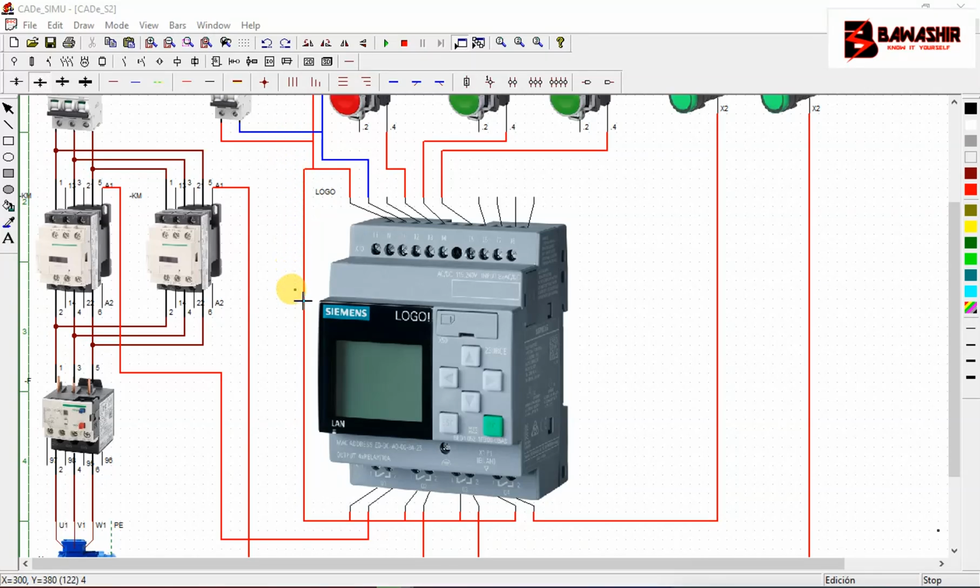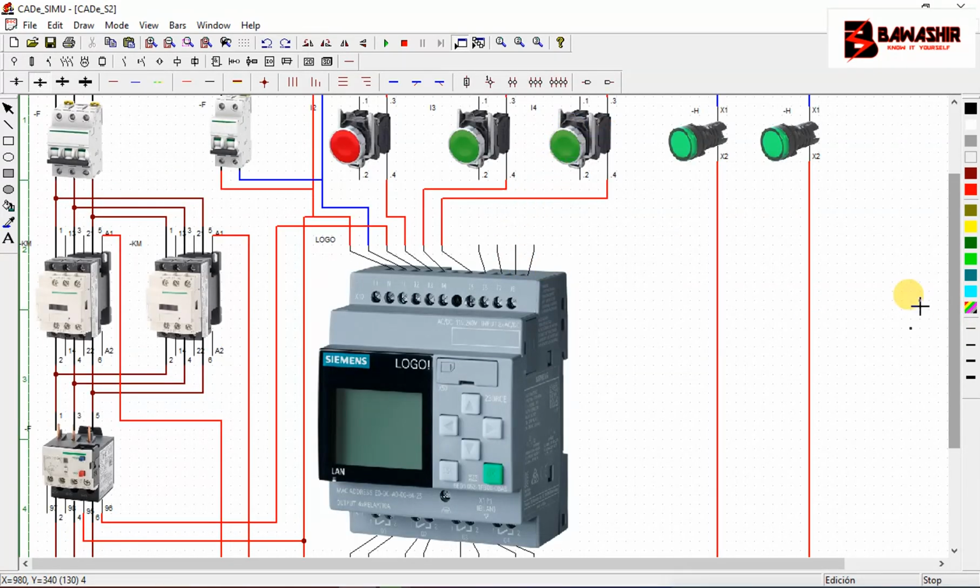Then also we are going to get power. Remember, power is here. We are going to give it to the overload, that's 95 and 96. So we are going to give 95 power, which is here. Now when doing wiring, don't break the cable in the middle. You can give to this pin, or this pin here, or this pin. It is the same. Then from the overload, let me get from here, like that. Then from the overload we are going to give this pin here. That is input 1, something like that. So input 1 is for the overload, input 2 for stop, input 3 for forward,